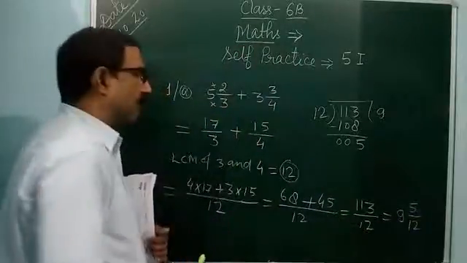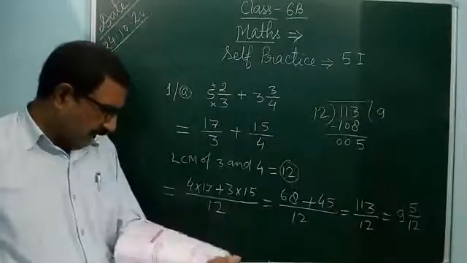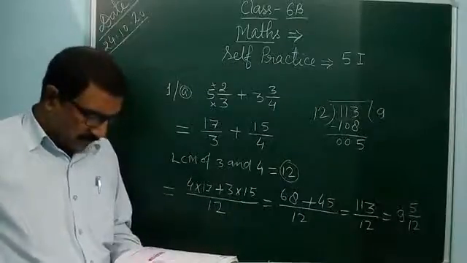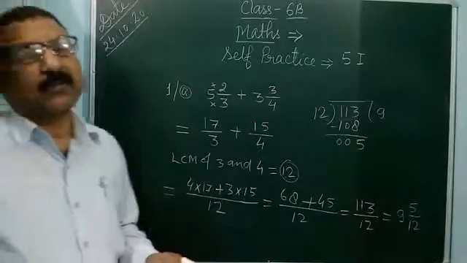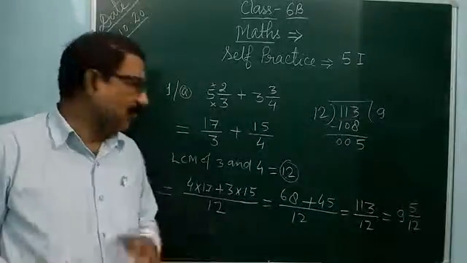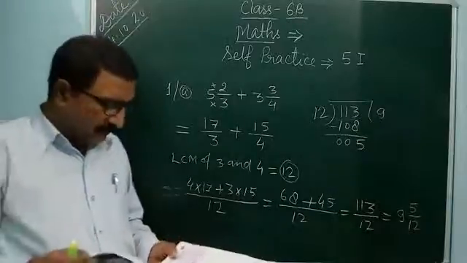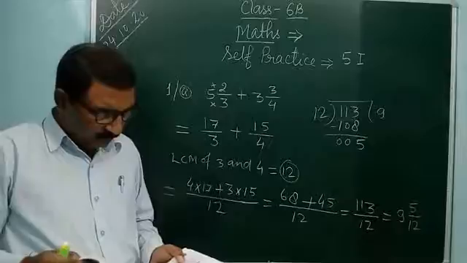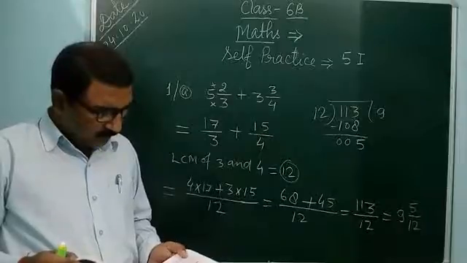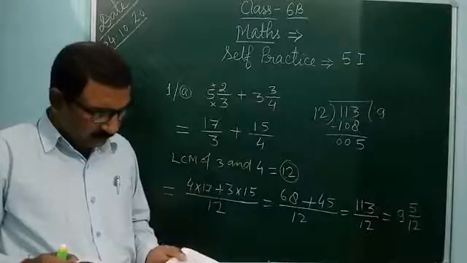In this way you can solve the question as first A, first B, first C, first D. And second A question also you can solve like that. Only in the place of plus it will be minus, and other process are same. And question number 3 also you can solve together, and 4 also, same like that.